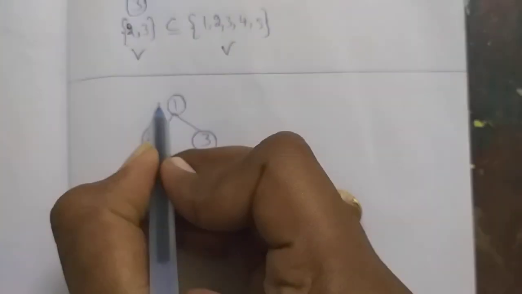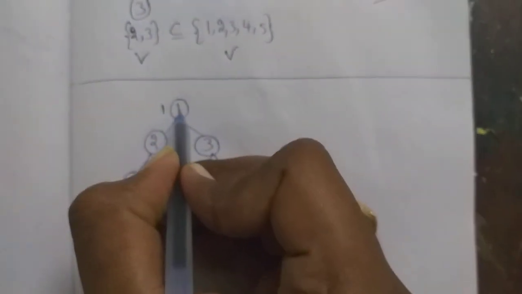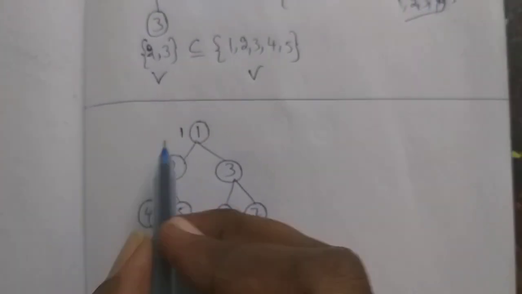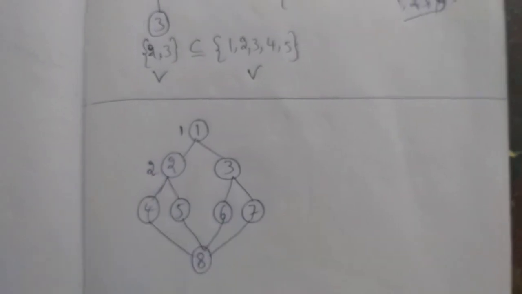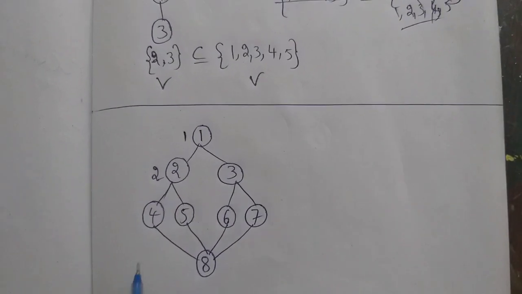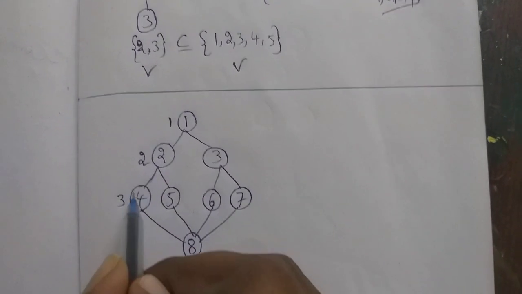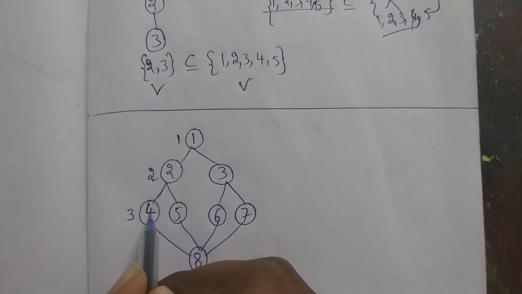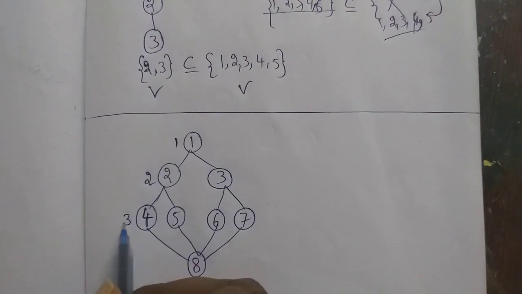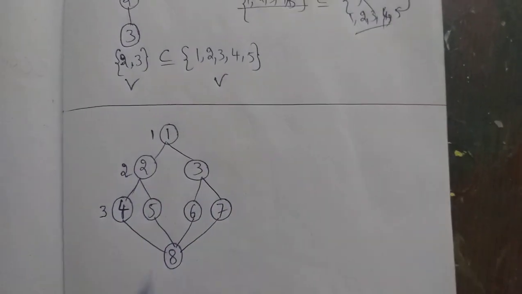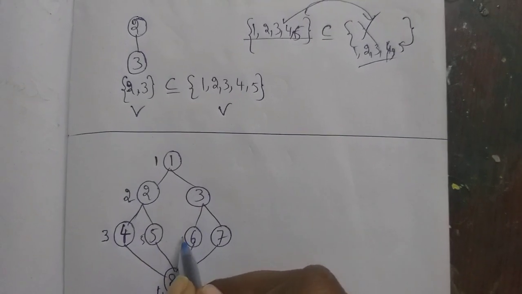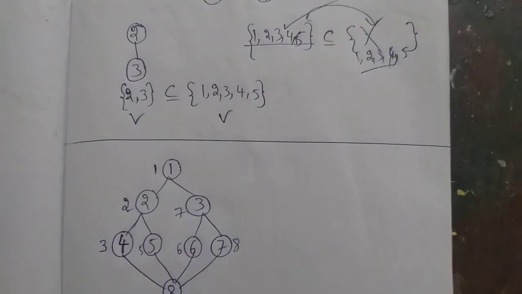For example, I have visited vertex number 1 first in the depth first traversal. Next I have visited vertex number 2, next vertex 3, then vertex 4. What does this 3 represent? Vertex 4 is visited third in the depth first traversal path. Next I have visited vertex number 8. Next I visit this vertex again. I come back here. Any other vertices that are unvisited? Yes, here 6, 7 and 8.